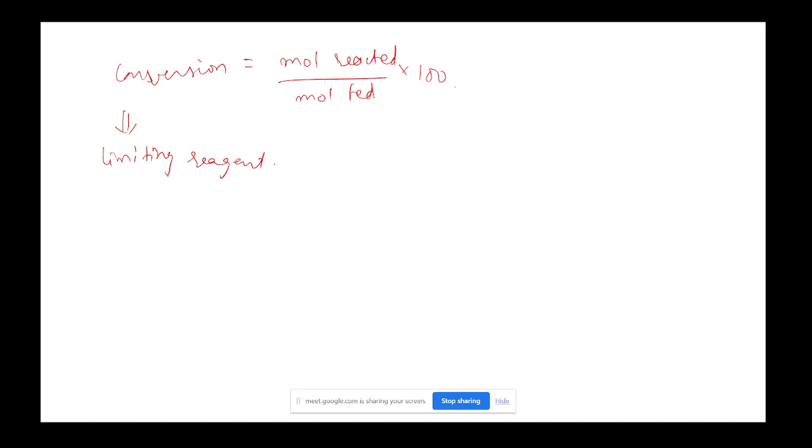Otherwise, there can be conversion of both A or B, whether it is limiting or not. But for systems, it is usually preferred to measure conversion in terms of the limiting reagent. Now conversion can be overall and single pass conversion also. So if you have a system,